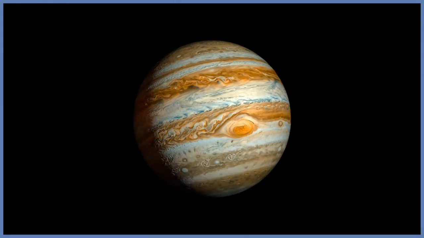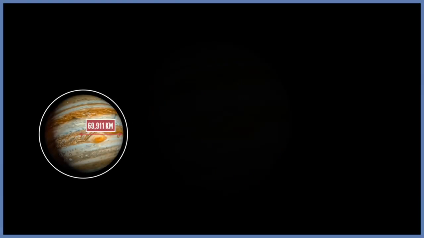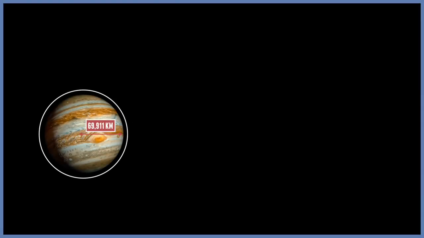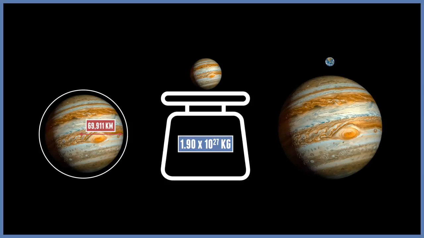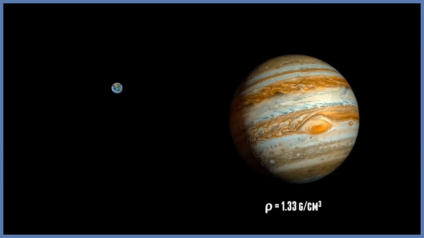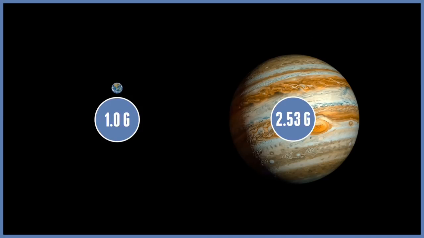So what about the king of the planets, Jupiter? Well, Jupiter is just under 70,000 kilometers in radius, and has a mass of 1.9 times 10 to the 27 kilograms. And of course, because it's the giant of the solar system, it completely dwarfs the Earth and all of the inner planets. But because it's mainly made out of gas, it has a much lower density, and therefore because of its considerable size, it doesn't have a higher g than you'd expect. It only comes out at 24.75 meters per second squared. This means that Jupiter's gravity is only 2.53 g. That's only 2.5 times the strength of Earth, even though Jupiter's mass is over 320 times that of the Earth.